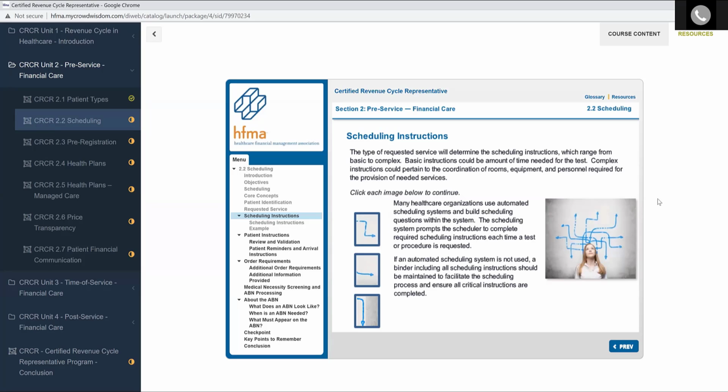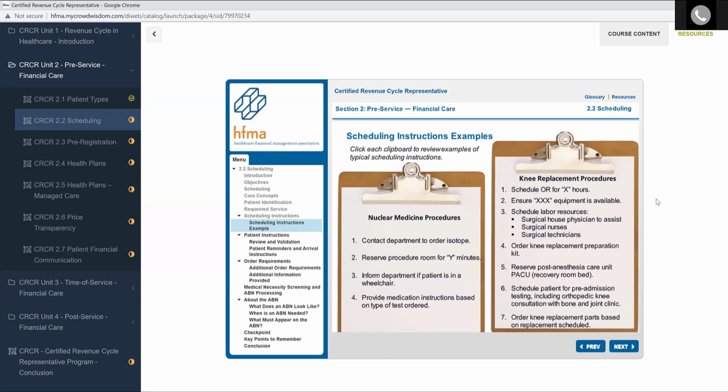If you needed a nuclear medicine procedure, it's telling you the list of what you should do here. And if you needed a knee replacement procedure, you could see how many different instructions are necessary: OR hours, the equipment, the labor, the actual knee, post-surgery and things like that. We're going to go relatively quickly through this, but these are just examples of types of procedures that would need scheduling and what could have more and what could have less. Moving right along